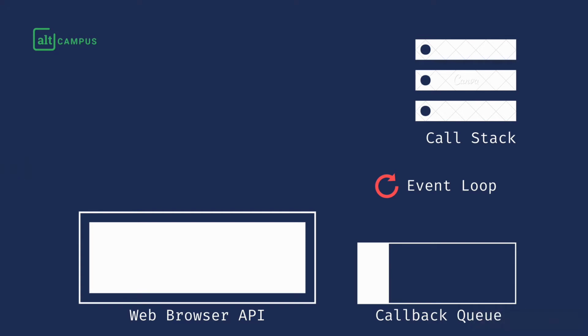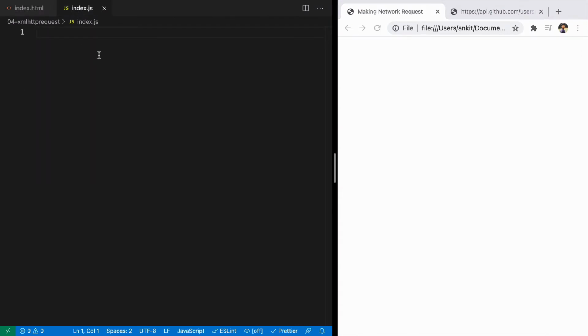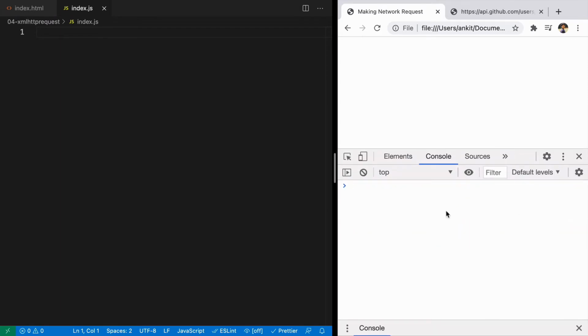So in this video, we are going to see how we can make a network request using JavaScript code. Here we have the index.html file, and here we have our JavaScript file. We have talked about how to make a network request, we use a special web browser API present inside every browser known as XMLHttpRequest. If you look at it, you can understand it is a function, right? Otherwise, you can test it by using typeof. So it is a function. Another thing is that the function starts with a capital letter. It means that it is a special kind of function, also known as a constructor.